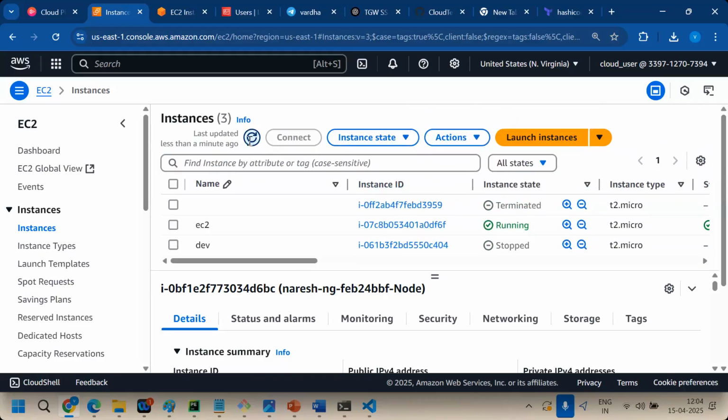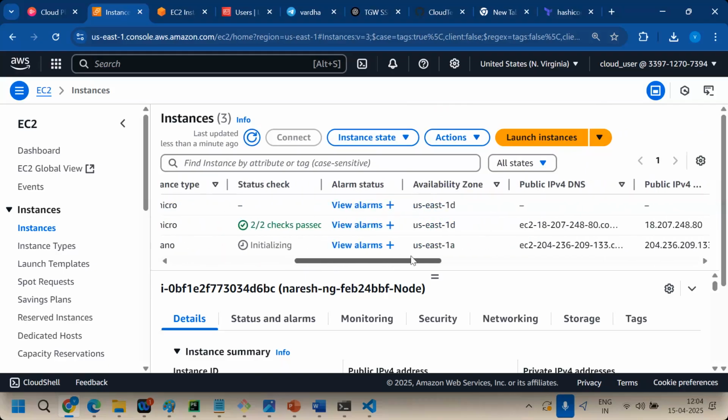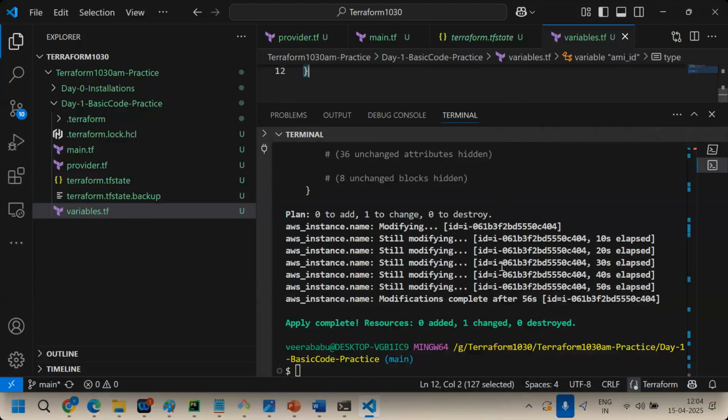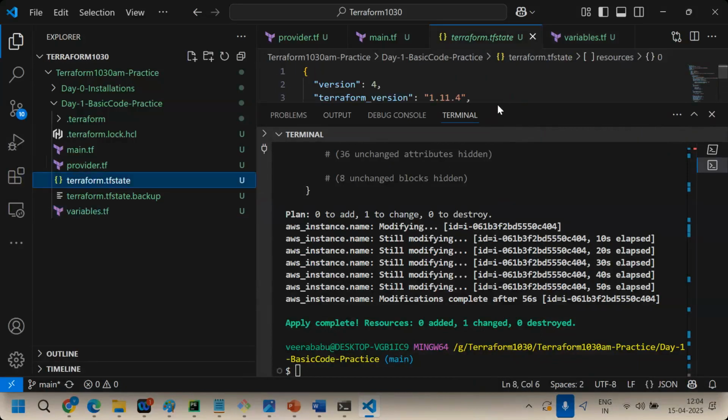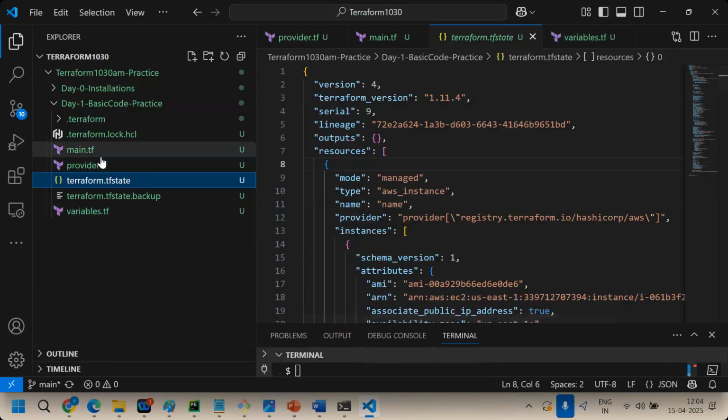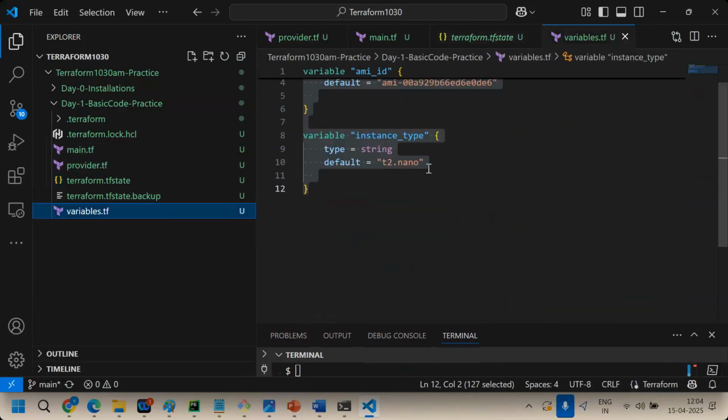Stopped now. Now it is changing instance type. See, T2 nano changed. Now starting also. Okay. Now it is running on which availability zone? US East 1A. Let's go and you can change it again, the instance type. Again put T2.micro. Okay, keep as is, better. Otherwise, again, it will be modified.